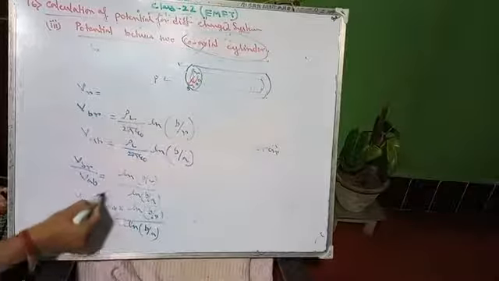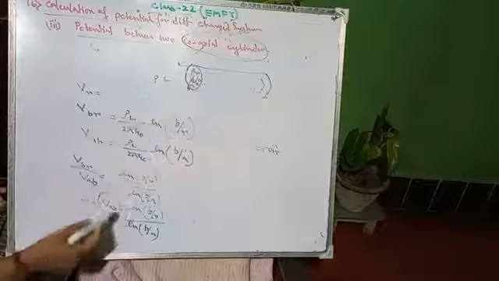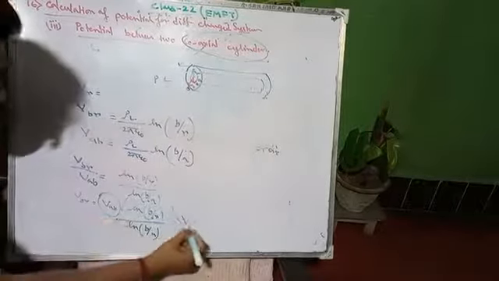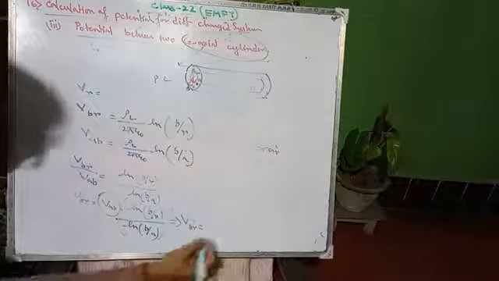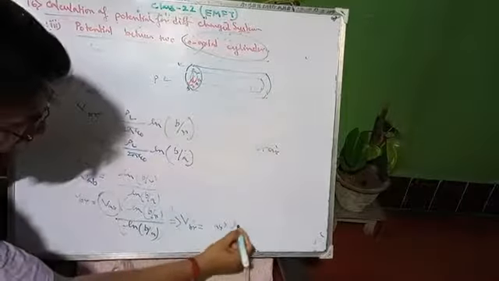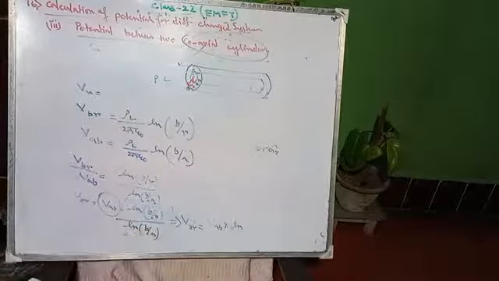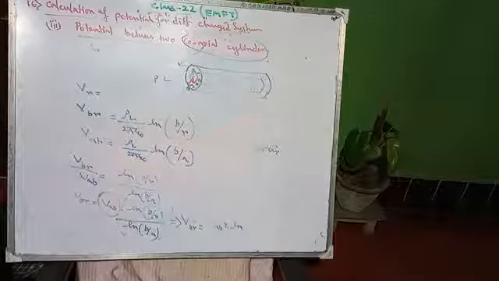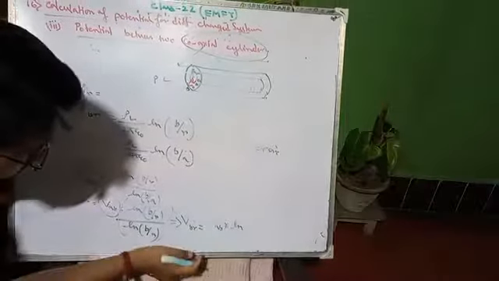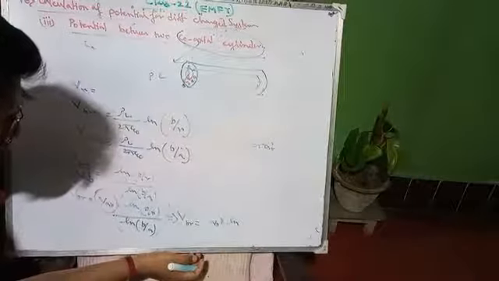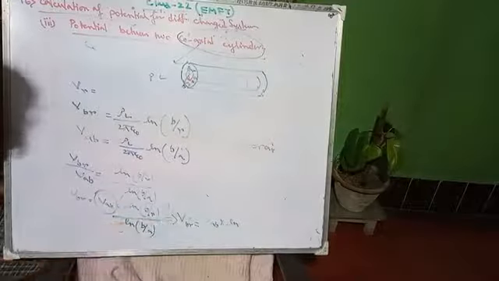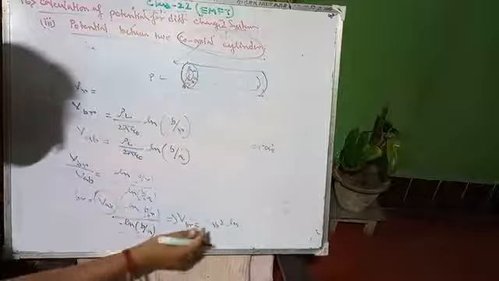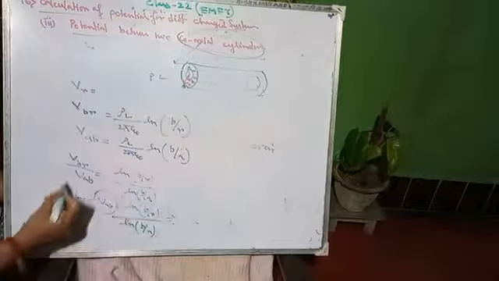So this is the potential difference between the two, which will be multiplied with this factor. Now if we solve it, VBR will be equal to VAB into ln B by R by ln B by A. Actually it is a factor, right? This B by A is a constant part and it is a factor. So this is your actual answer.